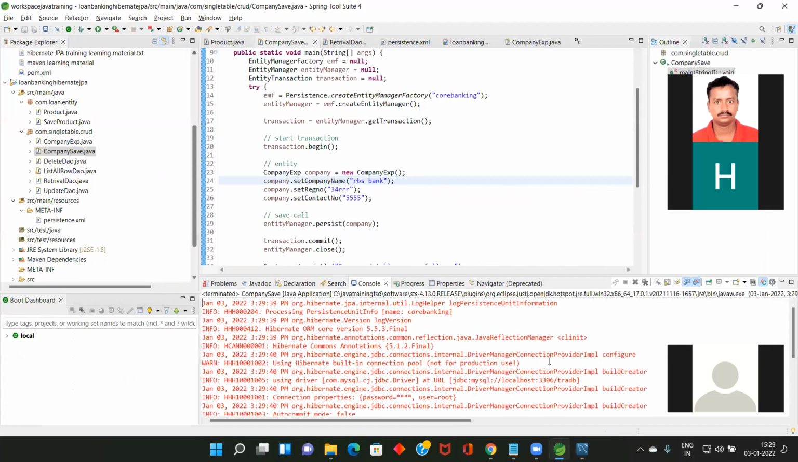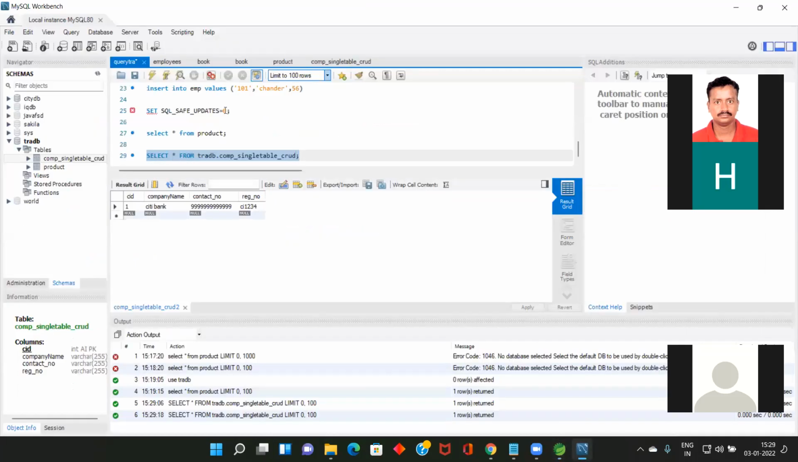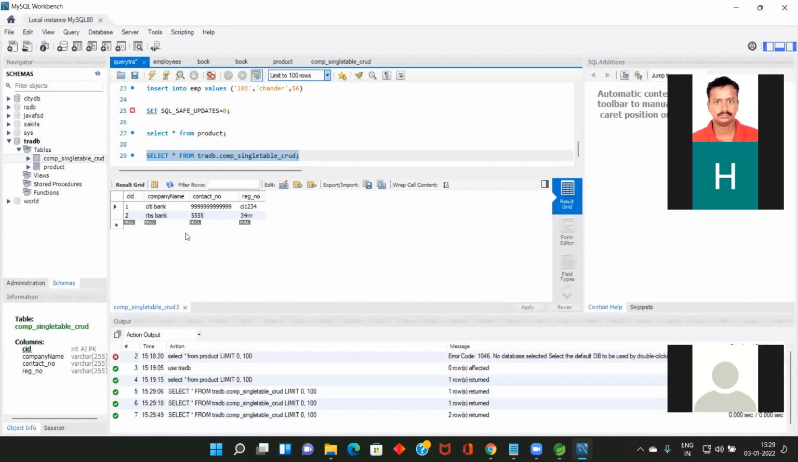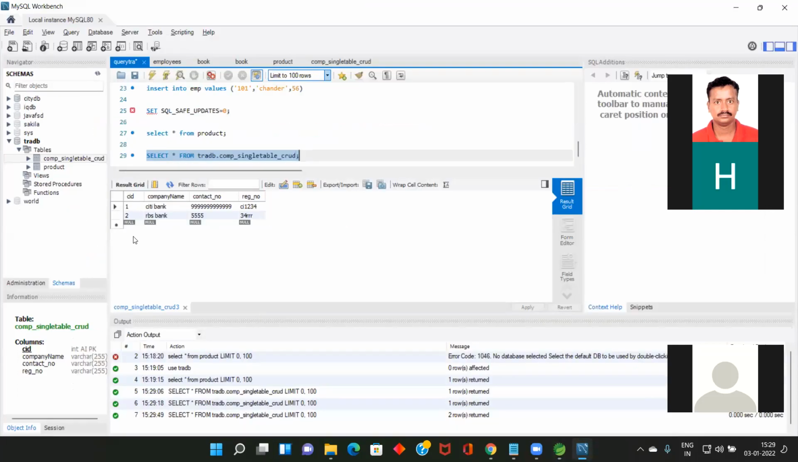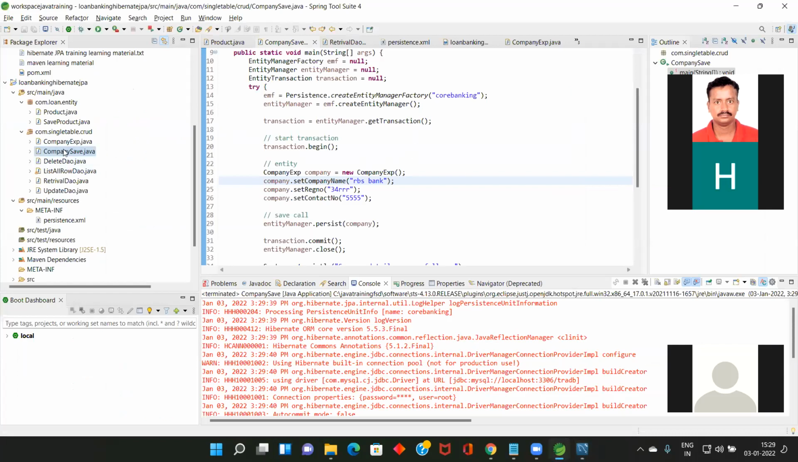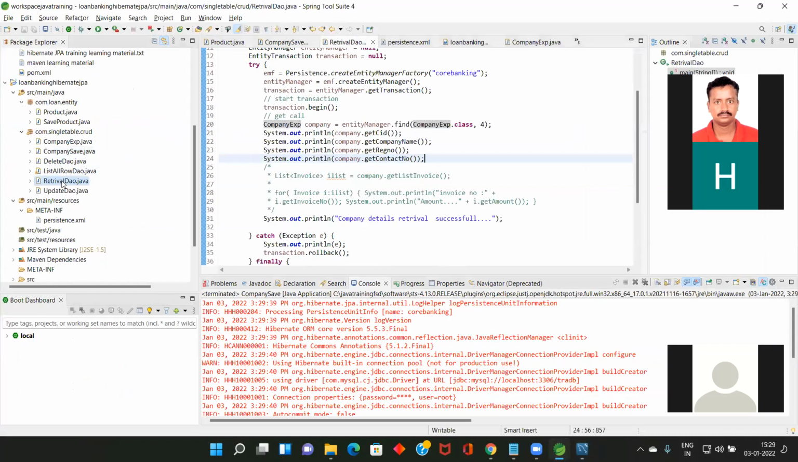Anyway, I corrected it. If you go here, run this one. See, second record also got. Okay, now what is the ID here? ID 1 and 2. So suppose in the retrieval, this is a logic for retrieval. So you are creating factory, you are creating manager, transaction begin. And here you are giving the entity